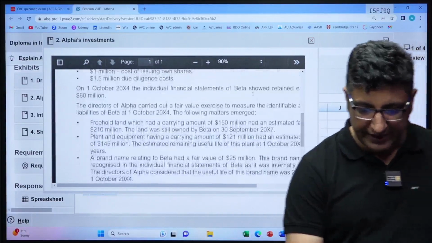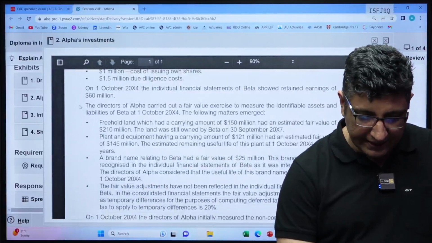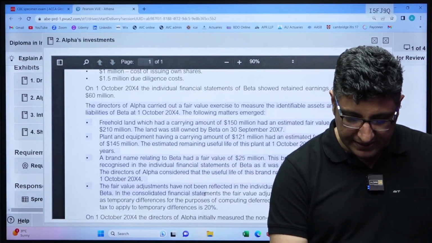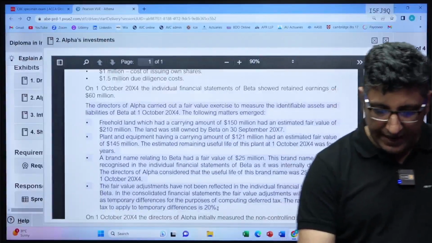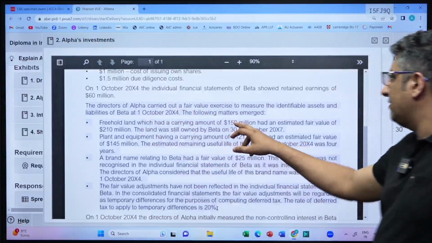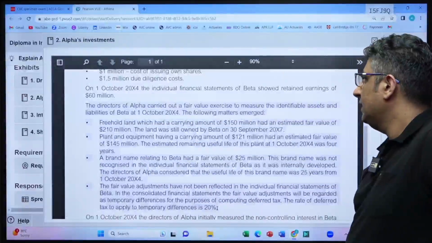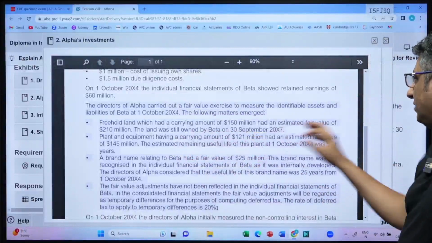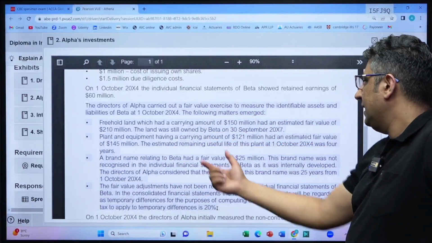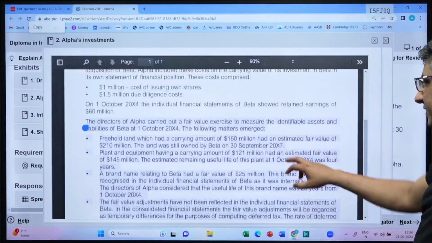Now, my exhibit 2 did tell me that there are some adjustments to be done. We were reading it through a little bit. It says that the directors of Alpha carried out a fair value exercise to measure the identifiable assets and liabilities of Beta as on 1st of October 20X4, right? Freehold land with a carrying value of 150 million has an estimated fair value of 210. Plant and equipment with a carrying value of 121 has a fair value of 145. A brand name has a value of 25 million, but it's an internally generated brand, so we don't have to